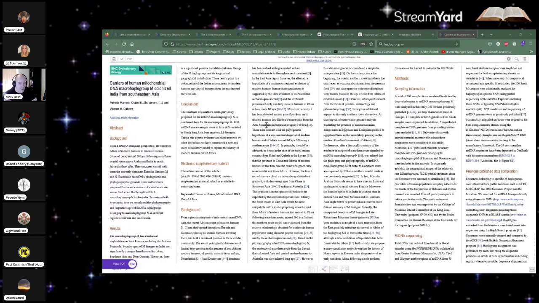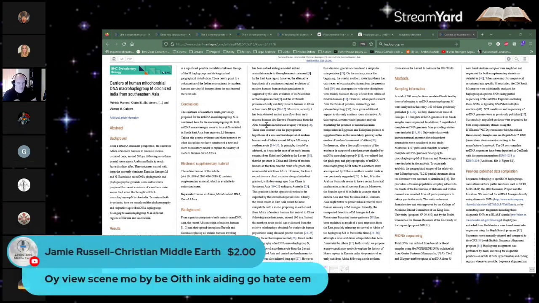So this is for the macro haplogroup M. So when we're talking about M and not sort of L0, L2, L3, we're talking about the macro haplogroups as opposed to, say, L3, which was a haplogroup. Right. So this is a paper saying that they colonized India from Southeastern Asia. We can look at the populations that live in these areas, and we can tell the spread of these populations from the mitochondrial DNA. And you're basically saying, hey, for some reason, that ends at the macro haplogroup. You know, M came from exactly the same place as N. That is not what scientific peer review research says.